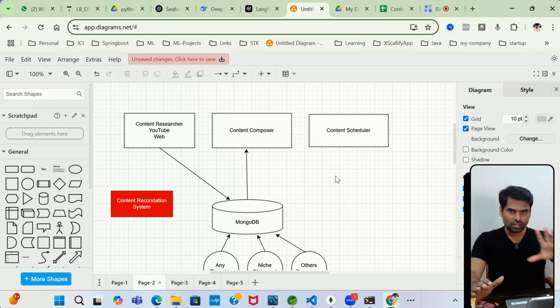Let's suppose I'm giving one scenario here. Let's suppose you want to perform a task for content creation. You want to perform research about some topic or some keyword on YouTube or on the web. This is one set of activity. After the research, whatever content you got from the research result, you want to create content, maybe for LinkedIn, maybe for YouTube, for multiple platforms. And then you want to schedule the content and post it. So you can see it has a series of activities. First, researching the content from the internet, then creating content out of it, then scheduling it,